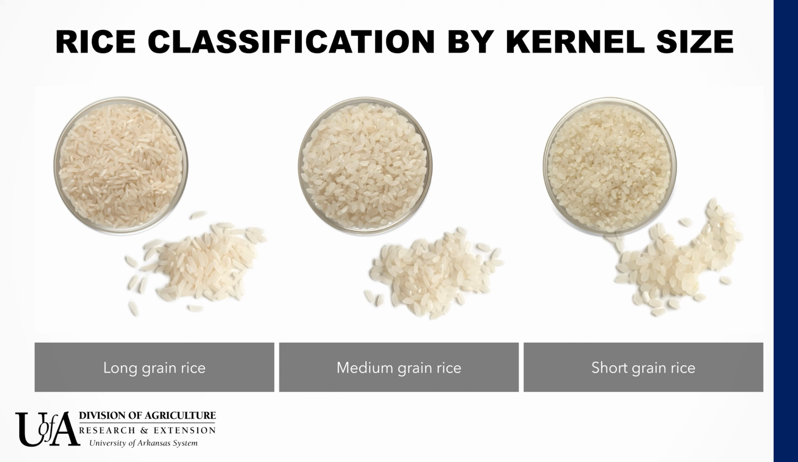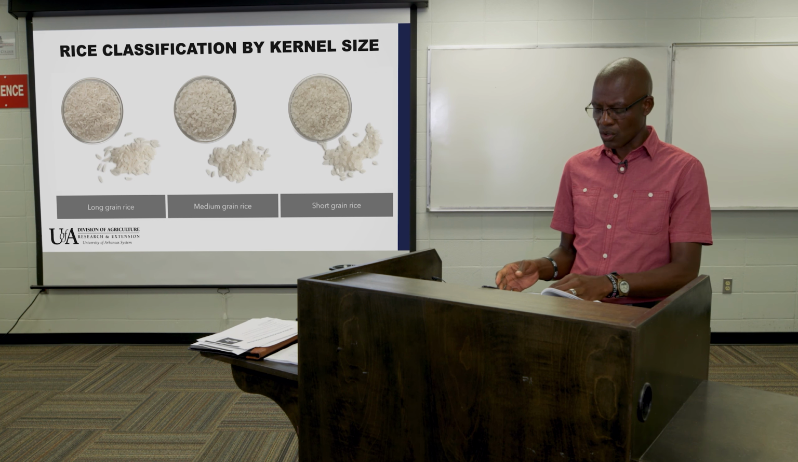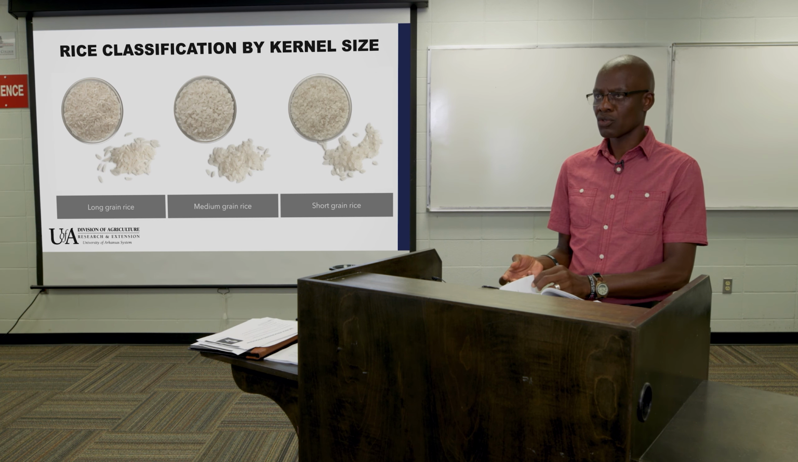The majority of medium grain rice is grown in California, but you can find some of that in parts of Arkansas, Louisiana, Missouri, and Texas. Then we have the last